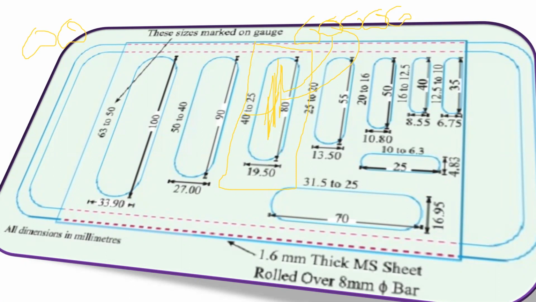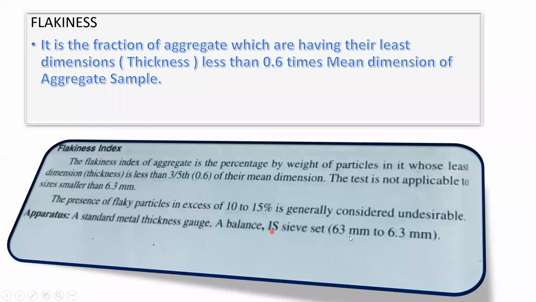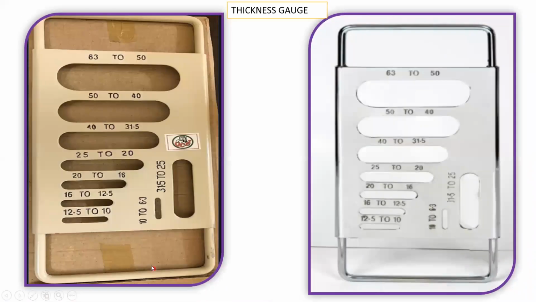Actual procedure: these are the different sieves that you require, 63 mm to 6.3 mm. The same thing you can observe here, right? It has started from 63 mm and the final slot is 6.3 mm. So these are the different sieves. You have to make these sieves ready at the lab, all these sieves from 63 mm, and do the sieving. Whatever is retained on a particular sieve, you take it out and pass it through the corresponding slot, individually. So this is how the test has to be performed.